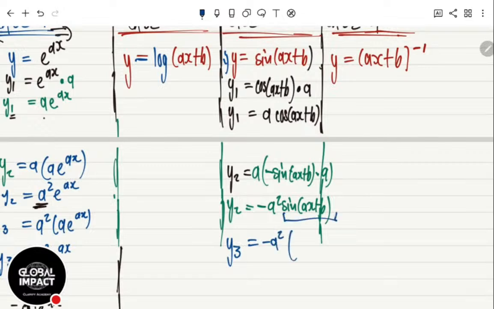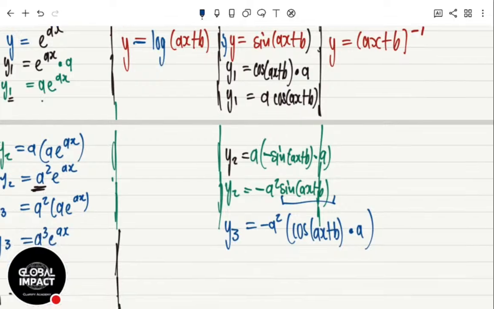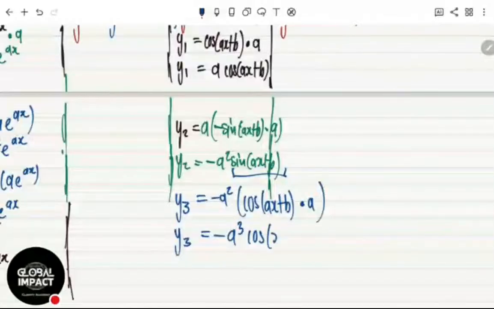Then now we are differentiating here. You differentiate sine, you're going to get cos of what? Of ax plus b. Now since it's not an x, you then multiply by the derivative of the inside. Derivative of ax plus b is just an a, because the derivative of ax is a. The derivative of b is 0, because it's a b that's adding, it's not one that's multiplying. So here what I'll now have is negative a cubed cos of ax plus b. This is going to be my third derivative.